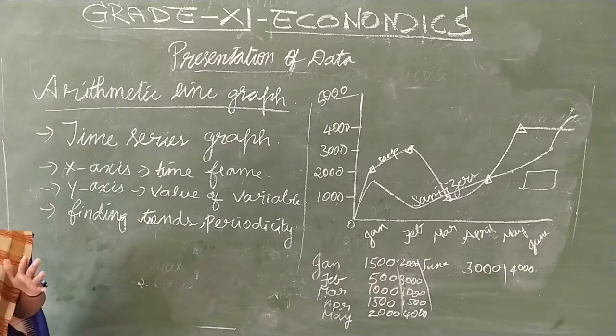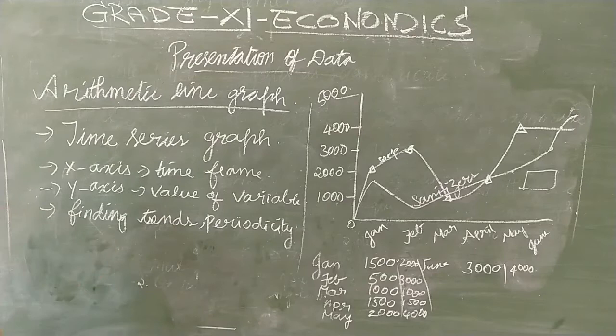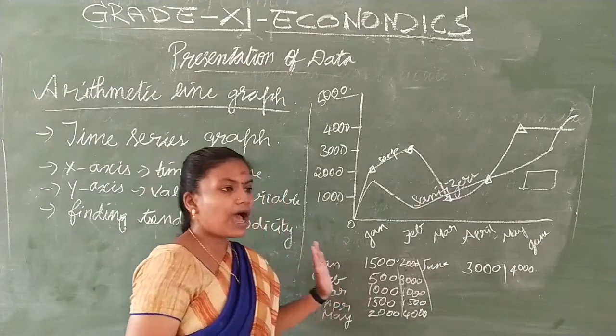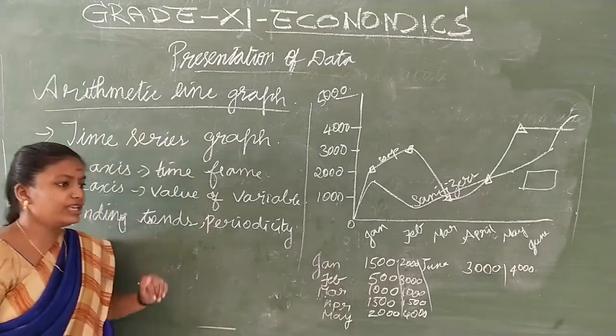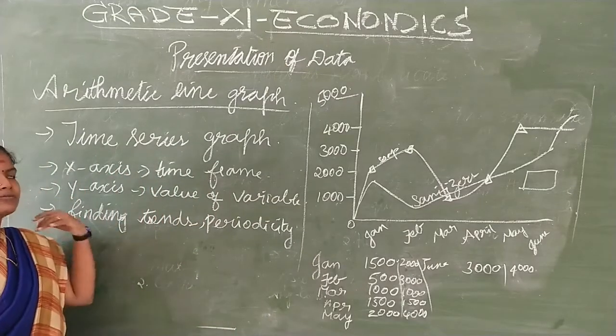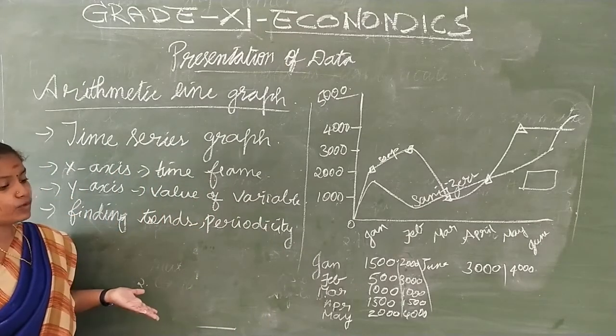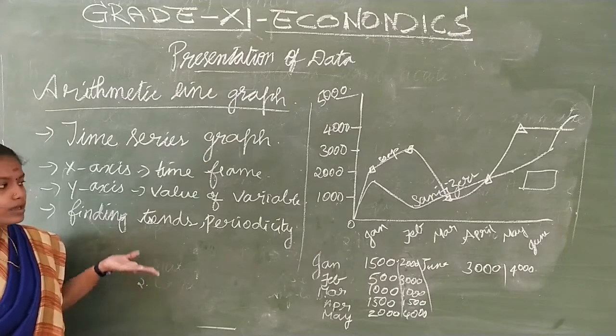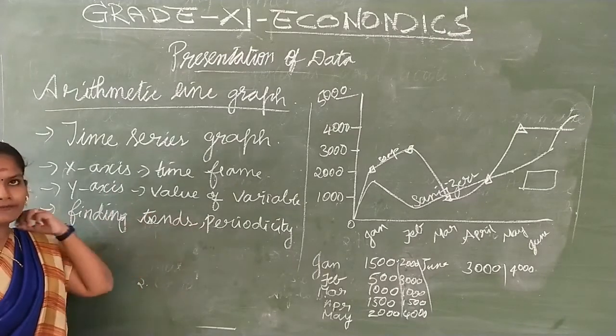It is also called a time series graph, and it is especially about time series data, data related to time. We are going to discuss the time series graph. Right, children, and what are we going to mention on the x-axis? We are going to have the time frame. Let it be weeks, let it be months, let it be what else? Years. Okay, that is going to be the time frame.